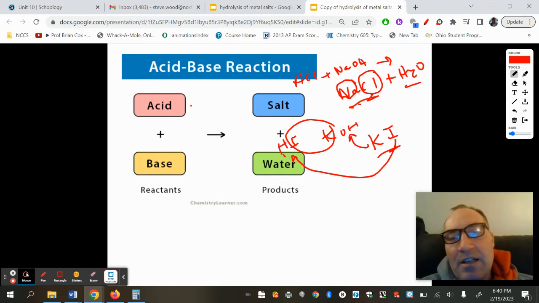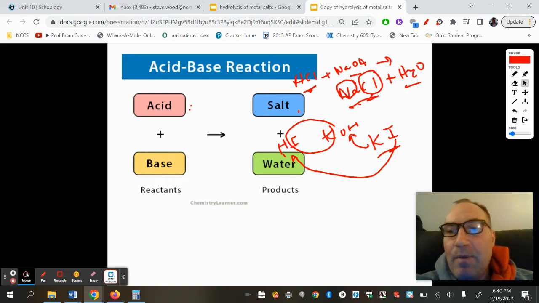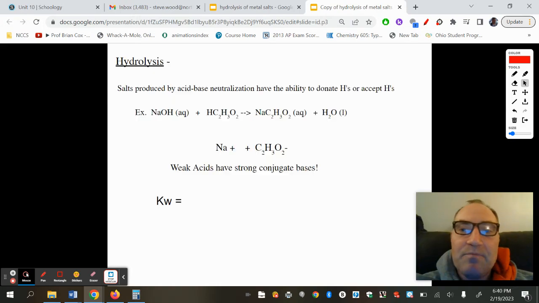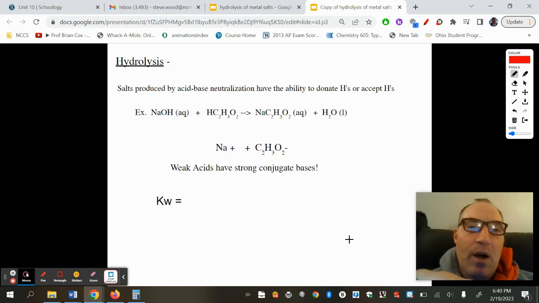And that's going to tell us a lot, because you're going to be able to tell if the salt has the ability to hydrolyze water based on what parents it has, the things that make it. So anyways, when you add an acid plus a base, you always get a salt plus water. This salt determines whether or not it acts as an acid or base in the reaction. Okay, so hydrolysis is just the splitting of water